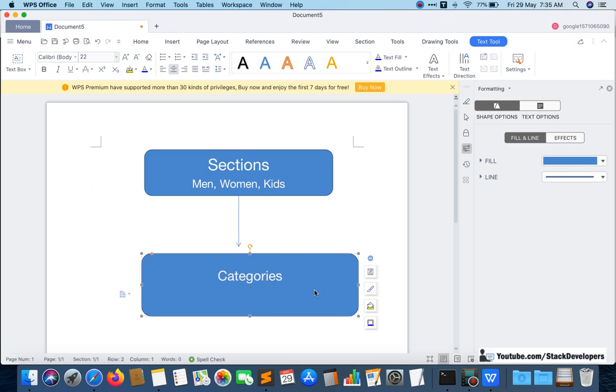In categories we have done t-shirts, denims, and all will come, and after that subcategories will come.